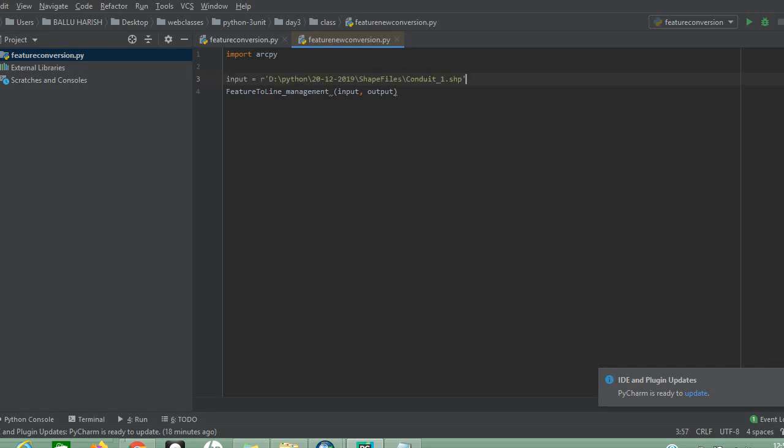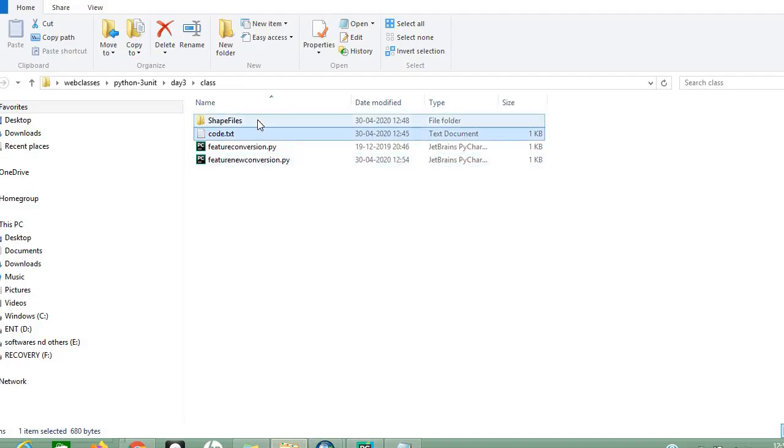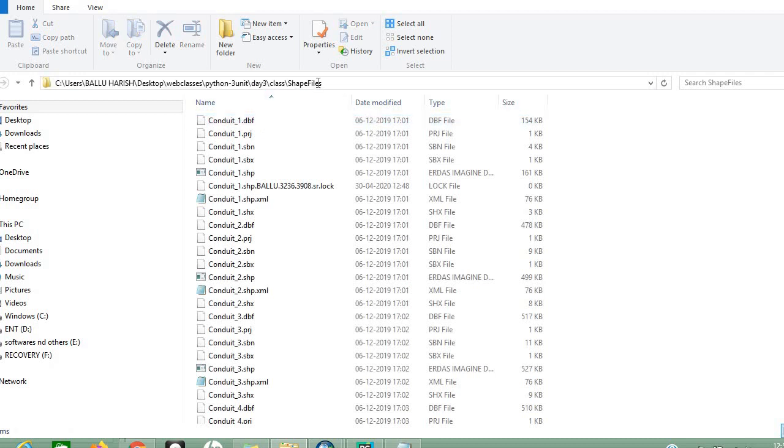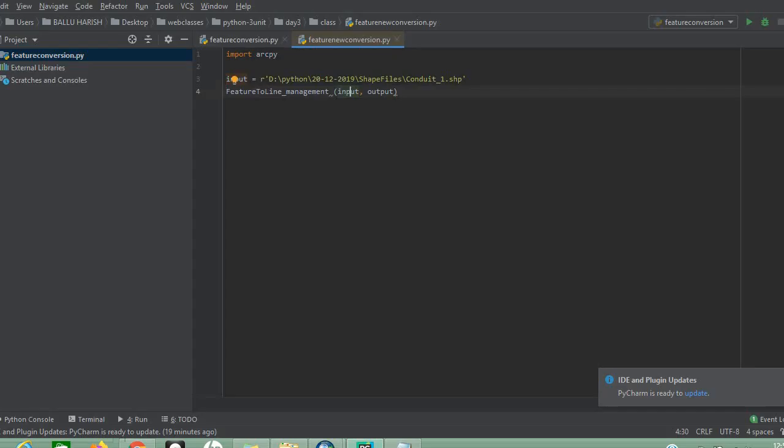This is the input variable, and for it I am specifying the path of my feature where it exists. My shapefile exists in this folder; copy as it is, with the backslashes. This is the path where my conduit1 shapefile exists.